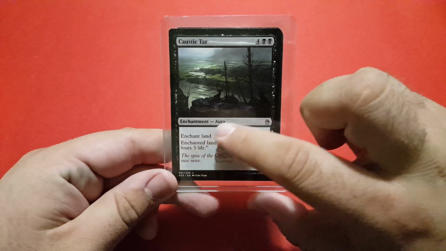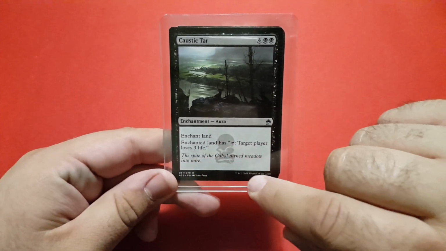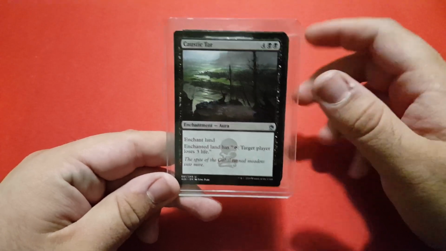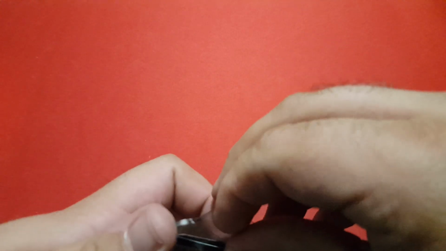Caustic Tar is an enchant land. Enchanted land has tap, target player loses 3 life. Was originally printed in Odyssey. End of the video. But on the serious note, of course,